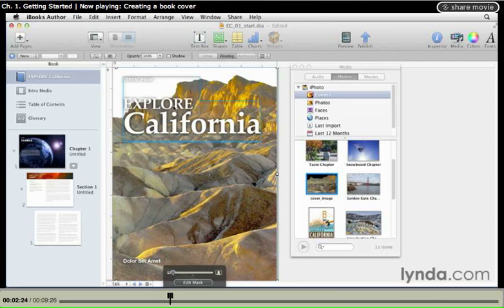Let's go ahead and edit some more text here. We'll change the Lorem Ipsum text that's at the top by clicking on it and then selecting it. And now let's call this our 2012 Travel Guide. And I'm going to do this in all caps as well. Let's make another text change. Instead of the author down here at the bottom, we'll select that. And now we'll type in the web address for Explore California, which is simply